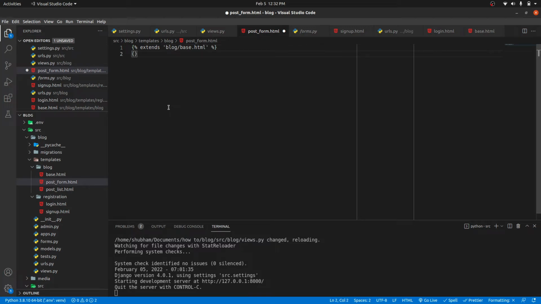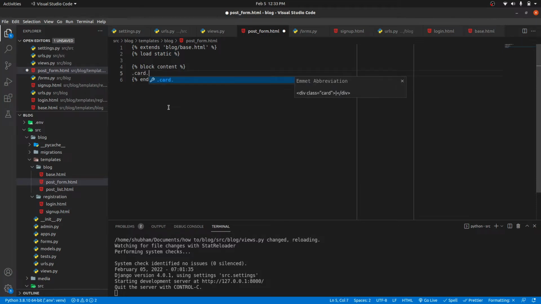And over here we are going to load static because I want to preview the image that the user is going to upload. And inside the blog content block,